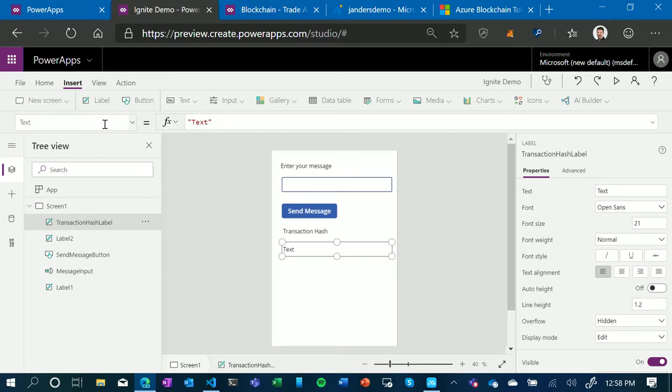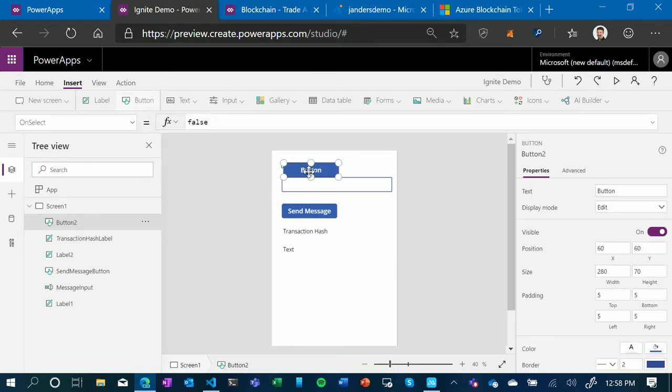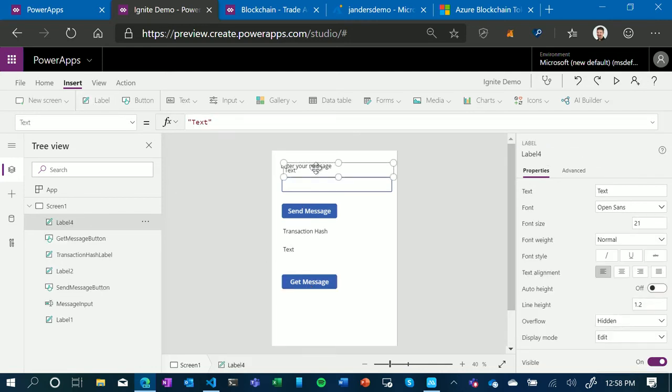Now we're almost done. Now we're going to add another button. This will be our get message button. And then we need a label to store that.